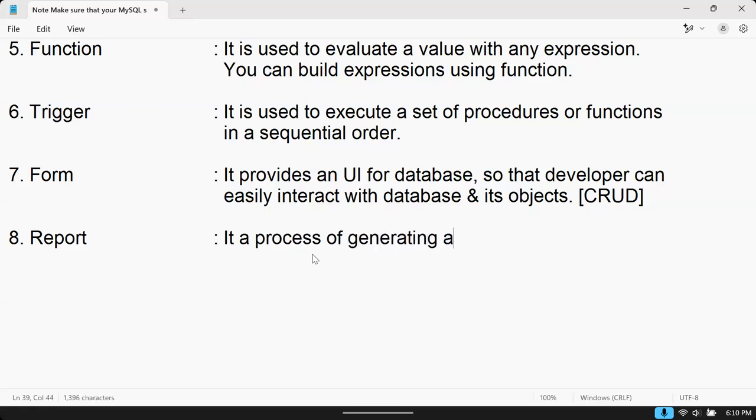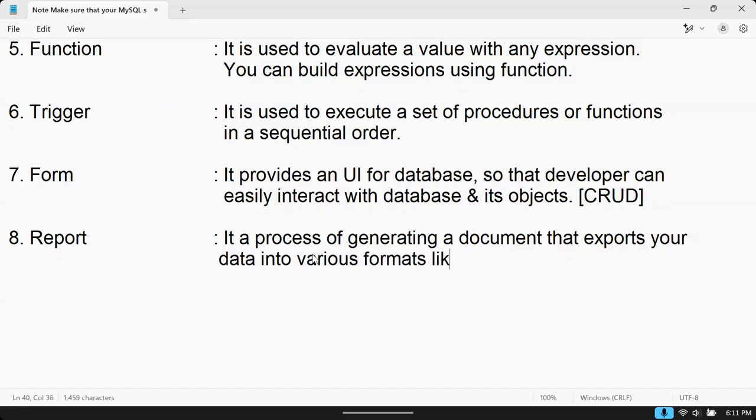generating a document that exports your data into various formats like PDF, XLS, XLSX, CSV, etc. All these are different options. So we have a process. Report is a document